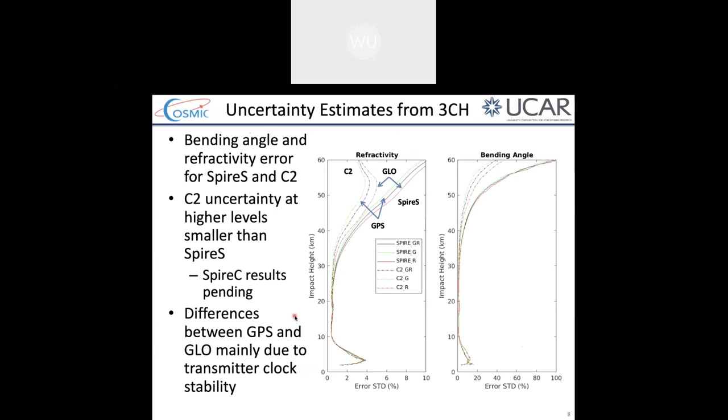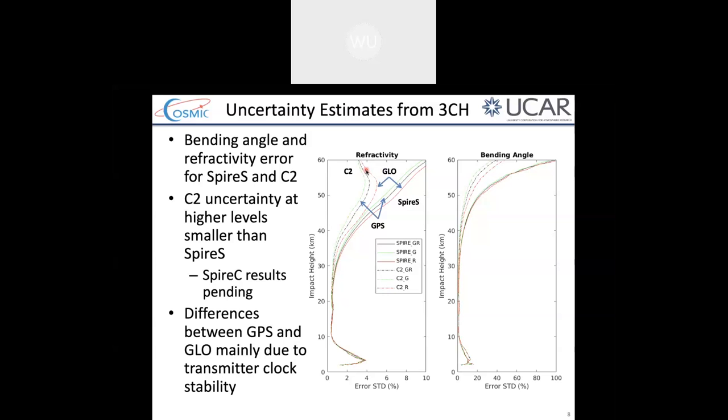Okay. So this is a plot. I'm just going to focus on the refractivity here since it's sort of nicely marked up. The dashed lines are the estimated random errors, standard deviations for Cosmic 2. The solid lines are for Spire as produced by Spire. The colors: red is for the GLONASS profiles, black is GPS and GLONASS combined, and then green is the GPS result, and that's the same for both data